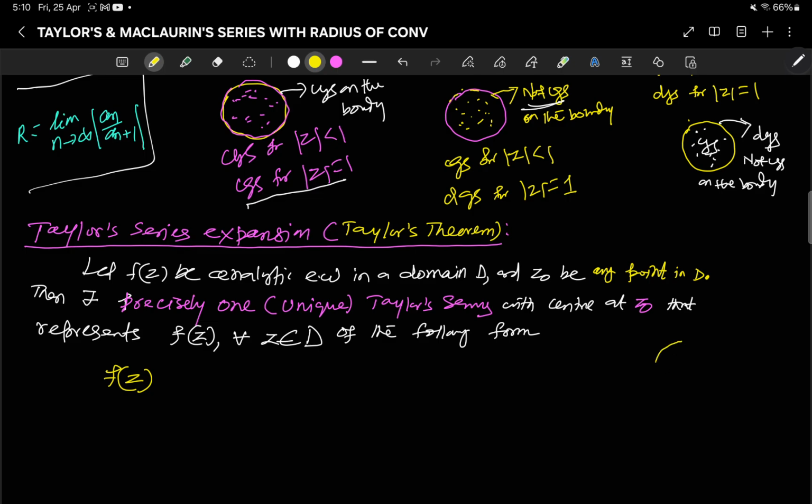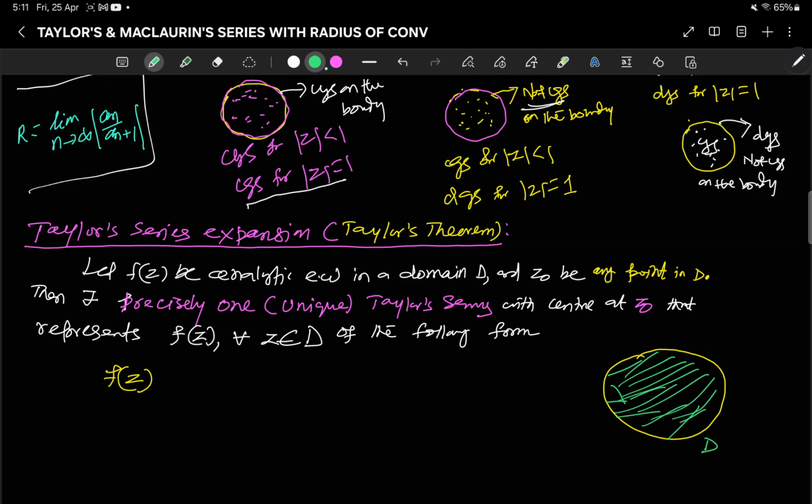Suppose this is your circle of convergence, and the domain D, and it converges everywhere at each and every point. Let z0 be a point here, treated as the center. Now we can find the power series with center at z0, and radius of convergence R. Now for all z, whatever z you take,